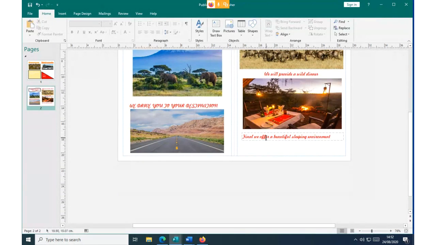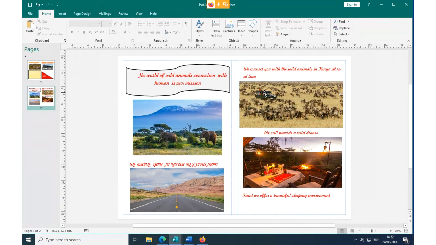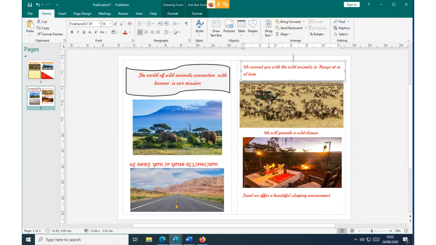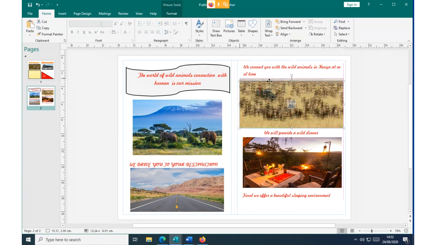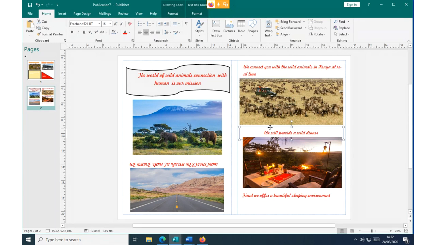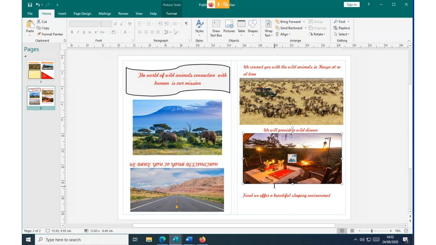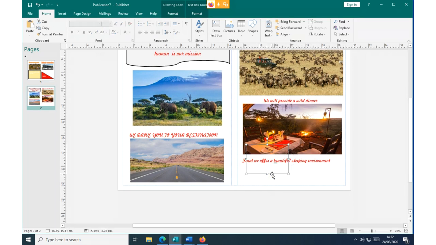Then here, because of space, you see this one has taken a lot of space. We can move this one up a bit so that we can move the picture up a bit, and then again move this picture up a bit, and then again move this one up a bit. Reason being, we want to create some space from below where we can put another picture.